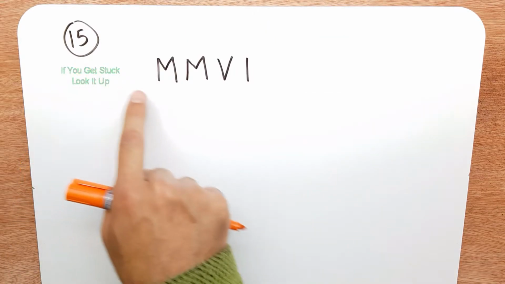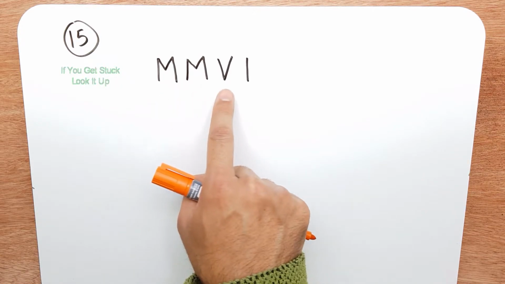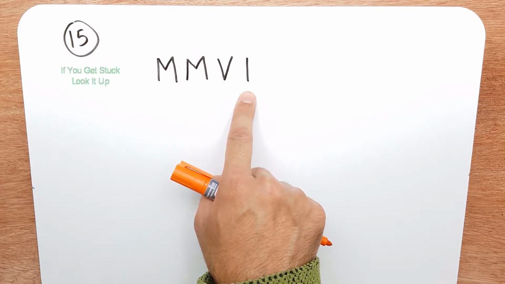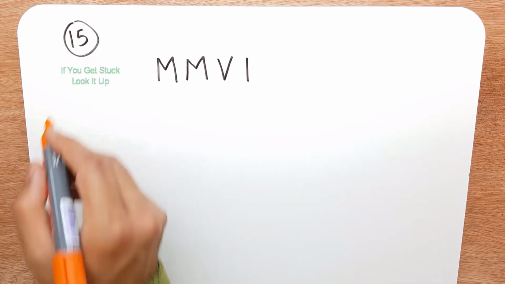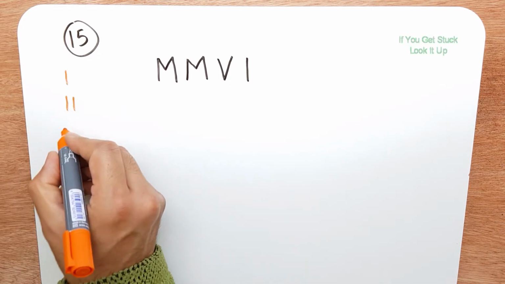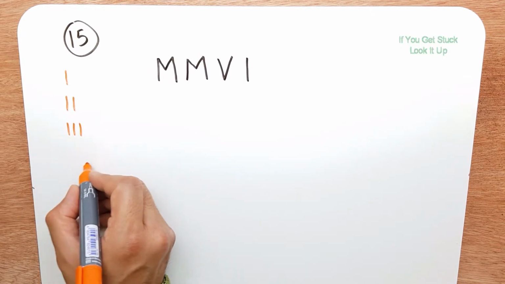Question 15, we're given this Roman number MMVI and we're asked to write it in figures. Now let me just go over something. 1, 2, 3. Now we'll leave this out and we'll put